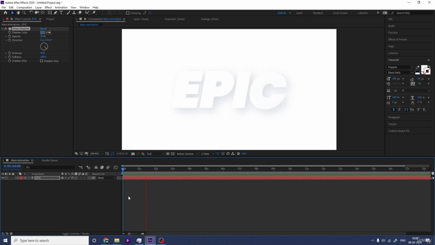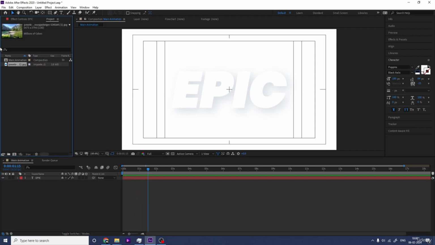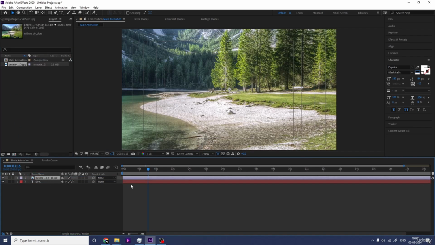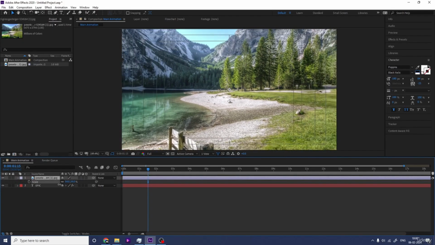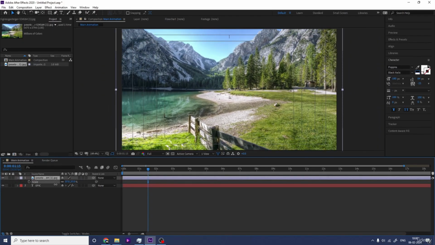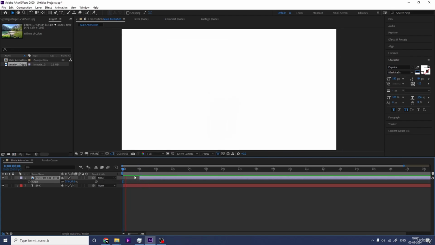So first I'll get this stuff, then hit Ctrl 0 and we will bring our image over here like this. Press S for scaling option and scale it somewhere around like this. Okay, and let's move this up to 1 second. So first I'll get this text animation,